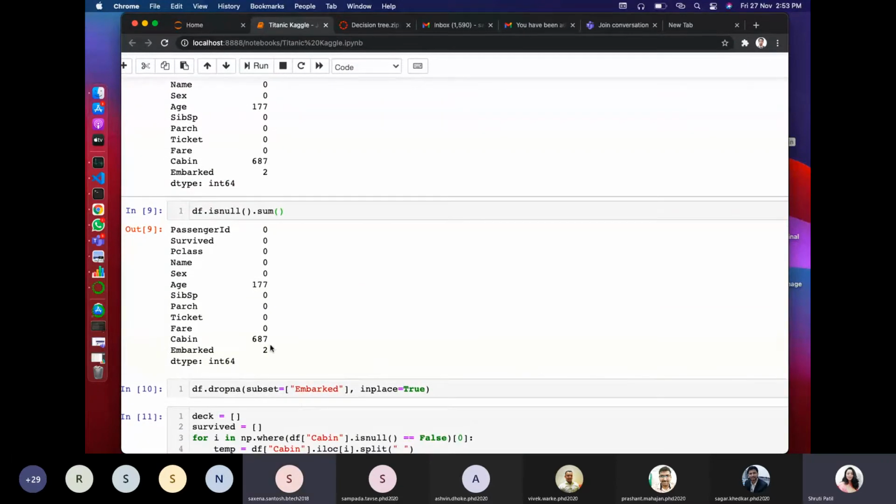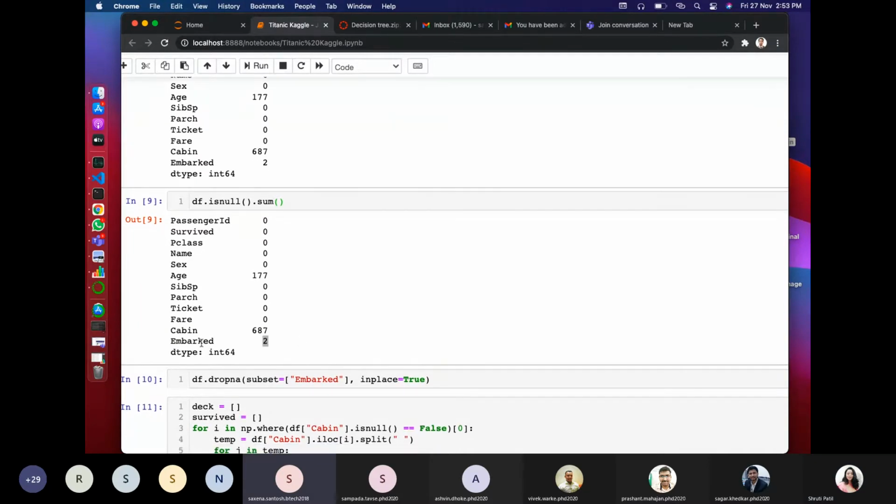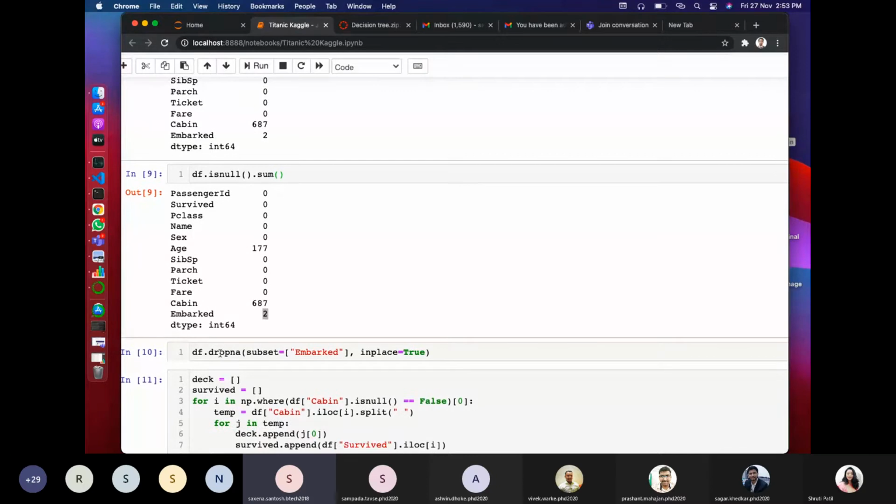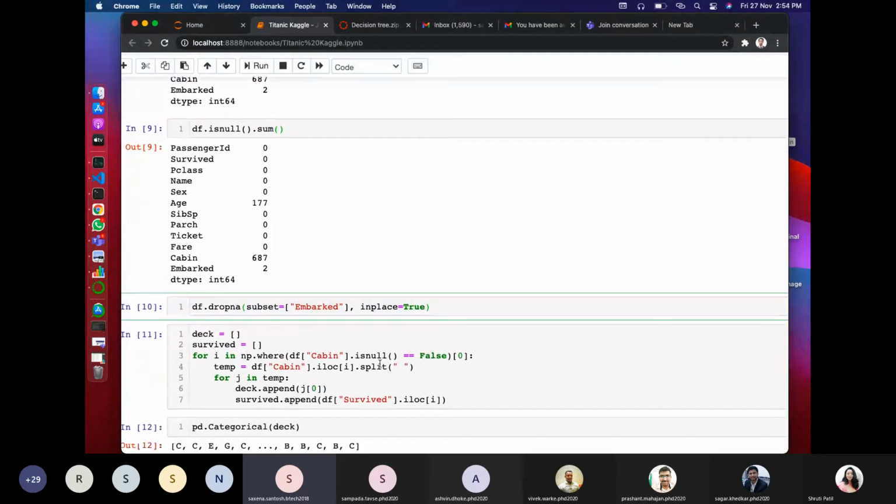As you can see, the embarked column has very little missing data. So we can eliminate the rows where embarked is null, because only two rows will be eliminated, and that won't affect our data set. So I dropped the rows where embarked is null, and inplace equals true means the data frame was updated.